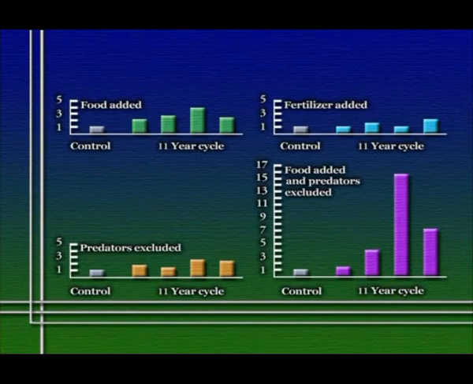These data suggest that in the interaction between hares and their food plants and hares and the predators that eat them, there's really a more complex synergistic interaction, so that we have these cycles emerging from an interaction of more than just one or two species, but in fact a set of three species in this case. And the implication of this is that when we consider the population dynamics and population structures of species in a more complex community than just a two-species community that we might hypothetically think of, we will see a more complex set of dynamics emerging.